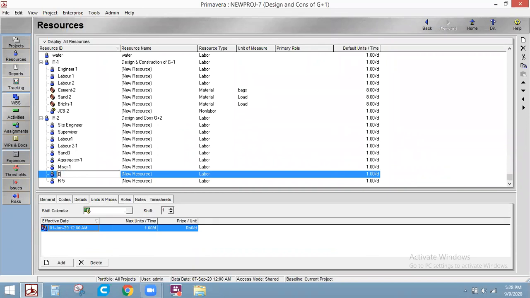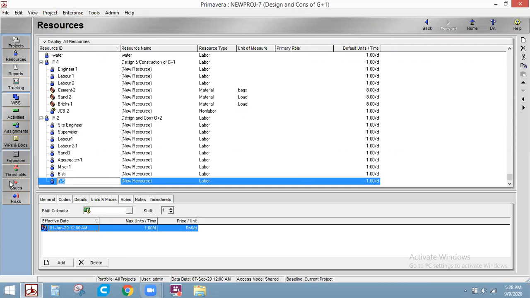Then what else we can add? Wood. Steel, we'll go for steel according to reinforcement. Okay, fine. See, now I have these resources with me.